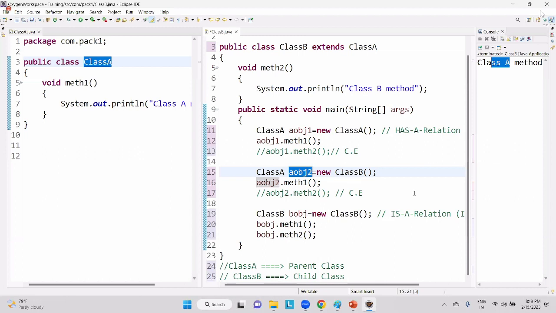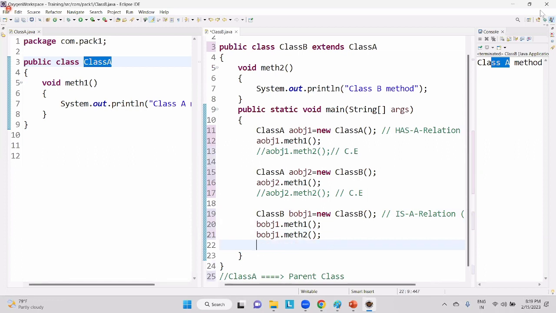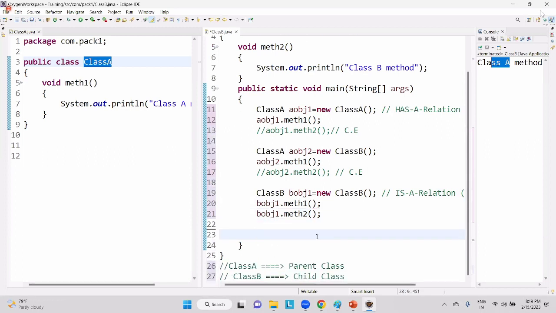Okay. Now, the third point, that is actually inheritance. Holding a child class object with a child class reference, we can call both parent class methods and child class methods. No problem. And finally, guys, could you please tell me what is the last point? Last point is we